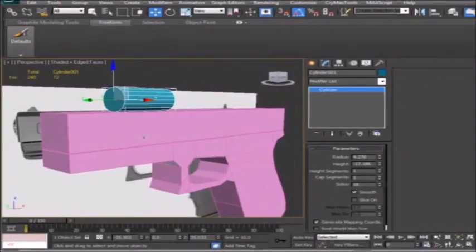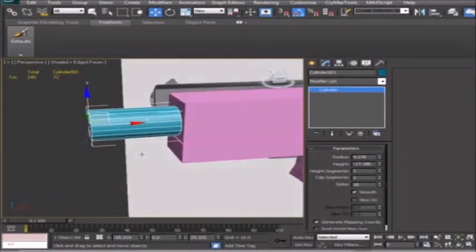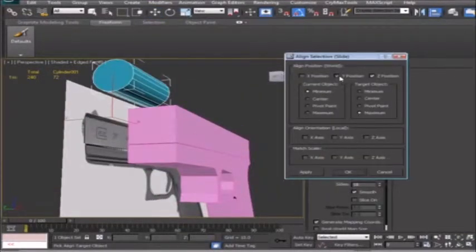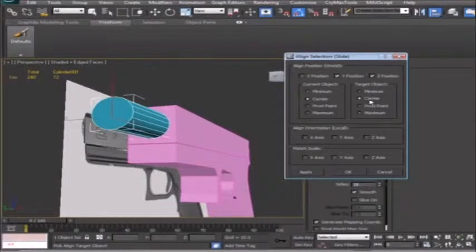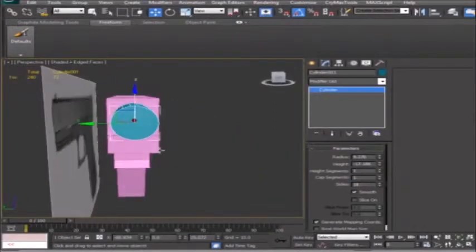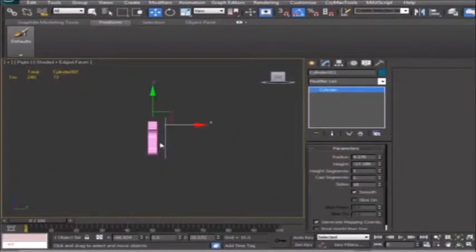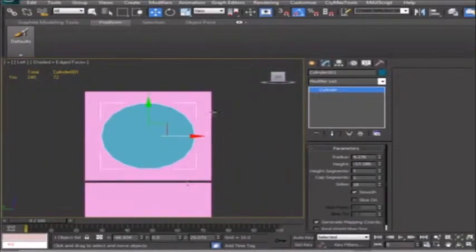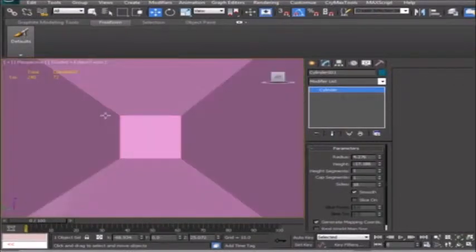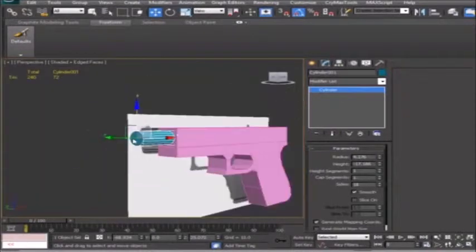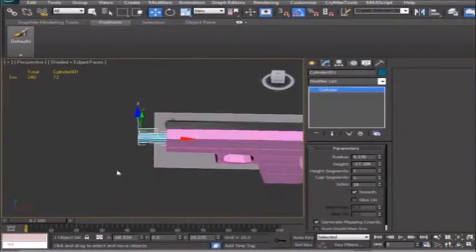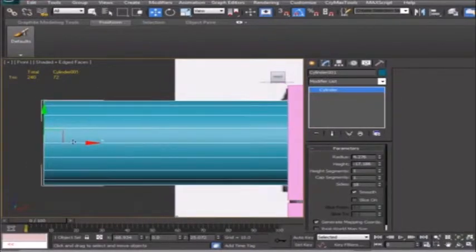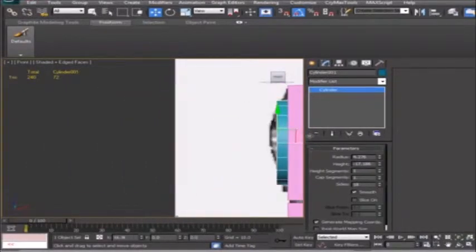Okay, so I'm going to undo until I get back to where I was. And what I want to do is go in the Y and the Z, center to center. And now if you look down the right view, I believe, or let's do the left view so I can see the other side, that's perfectly centered. And I just hit VP, and then I'm going to hit Z. And now I'm going to go to my front view, and I can move it so that it actually lines up with my